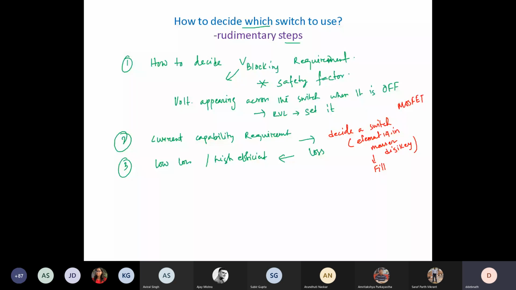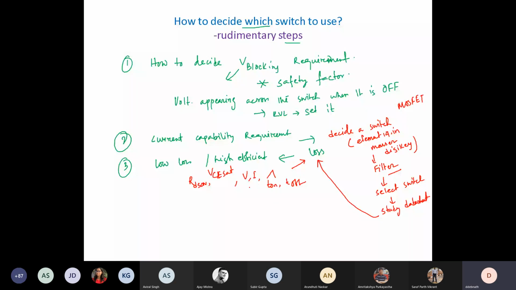So you take up that MOSFET, select that switch, study its datasheet, and from the datasheet parameter, you calculate loss. So for loss calculation, you must have already seen that we need the voltage rating, current value, then the switching transient times, T on, T off, right? And then we need RDS on, we need VCE sat. These values we need. So some values you will get from the datasheet, some values will come from your circuit. Okay. And based on that, you calculate what is the loss.